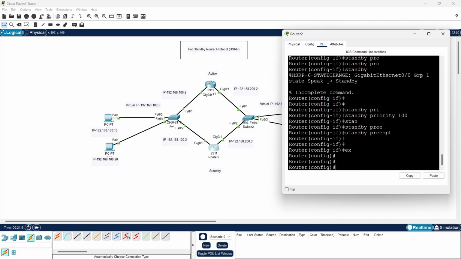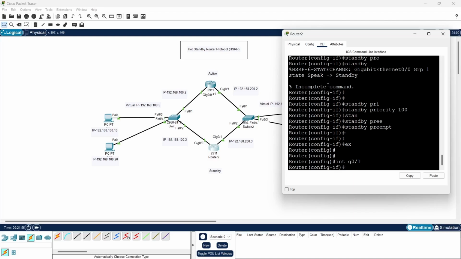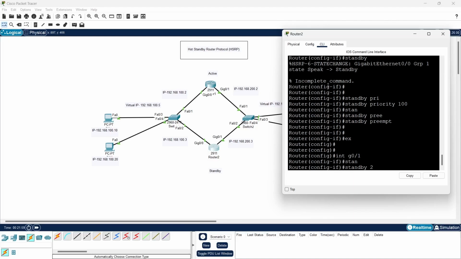Let's exit it. Let's go to this interface and say standby 2, the IP address of the virtual network will be